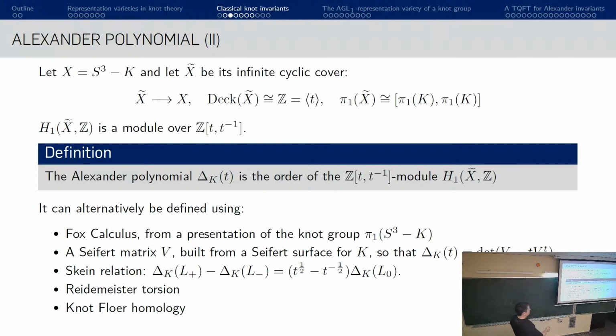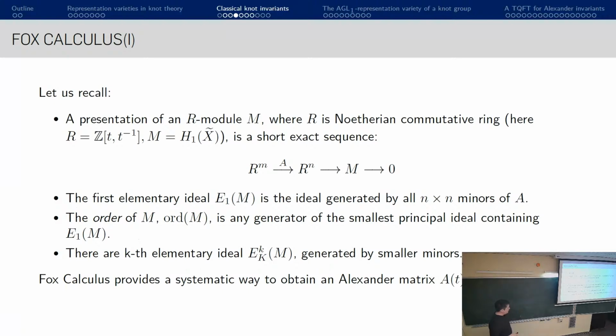And then modern approaches, such as knot Floer homology, also get you back the Alexander polynomial in a very different way, but it's also linked to modern theories in knot theory. Okay, and then